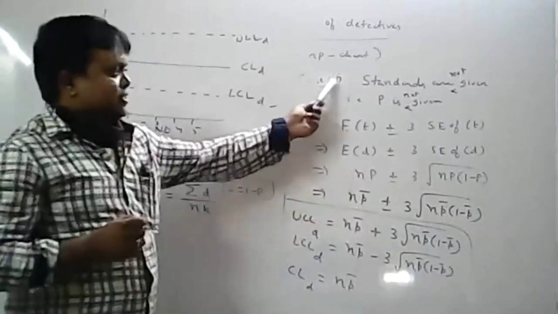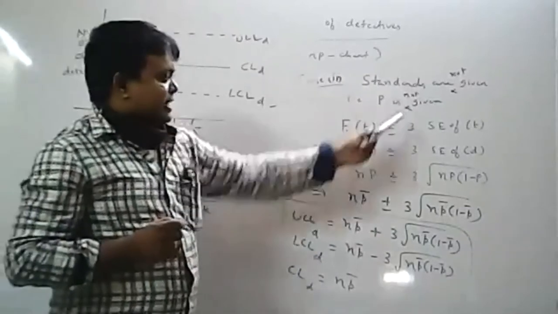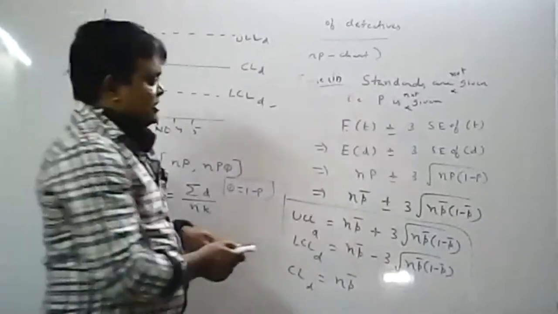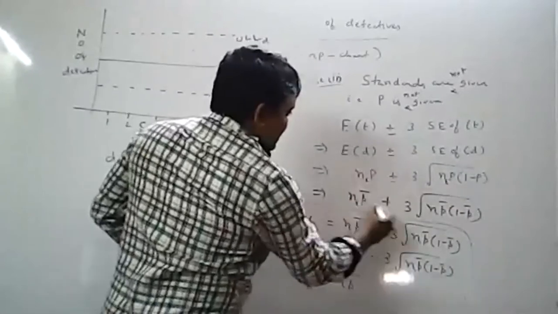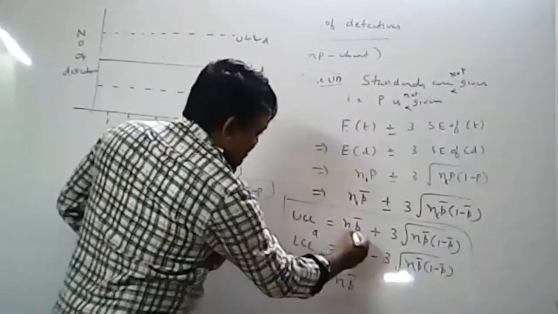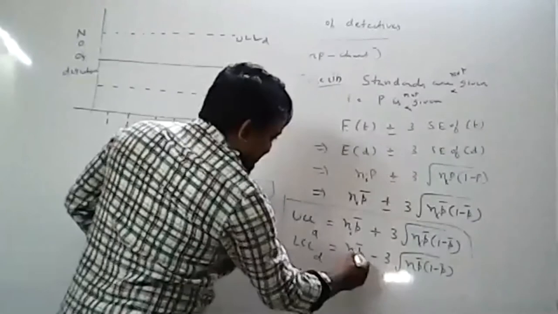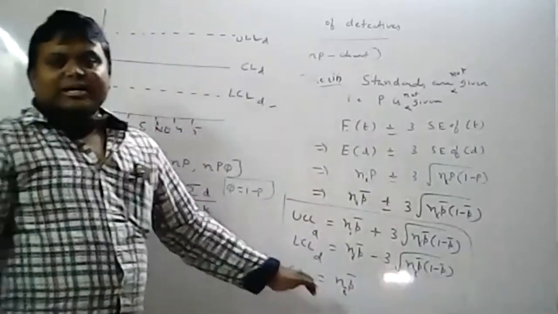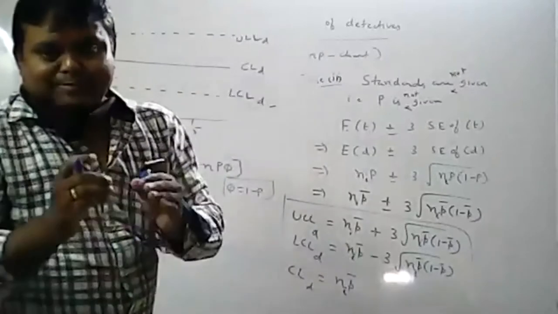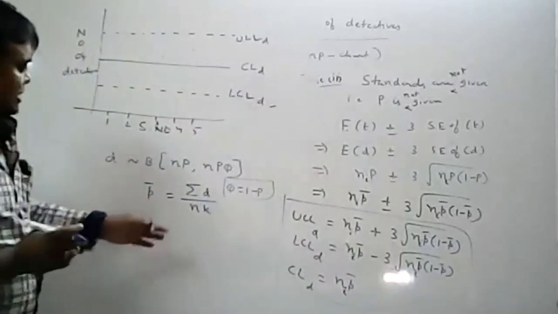For example, suppose in case 2 you are doing, P is not given, then this is the formula. Now for the standard given, varying n, what will you get here? ni. Here also ni you will get, here also ni. So in the formulas you will get ni. Varying n means ni you will get. Okay, so like this, these are the formulas. The only difference is in place of n, you substitute ni.